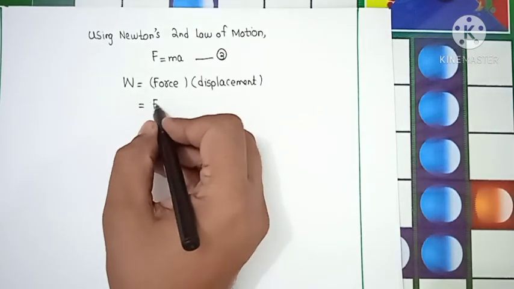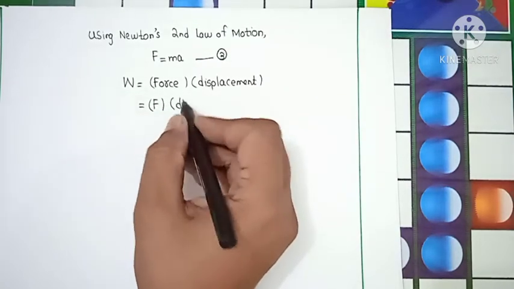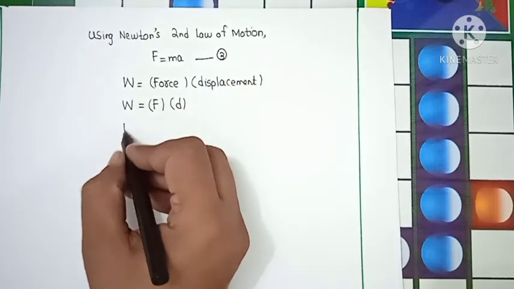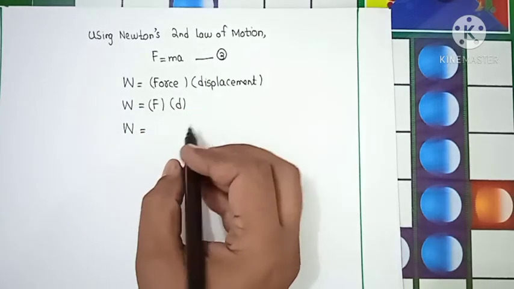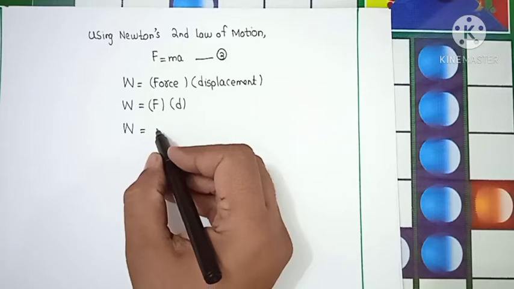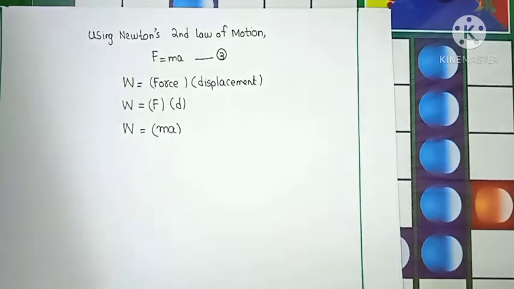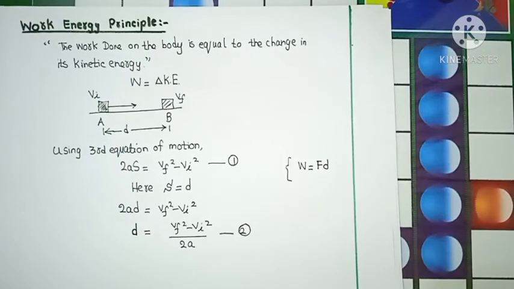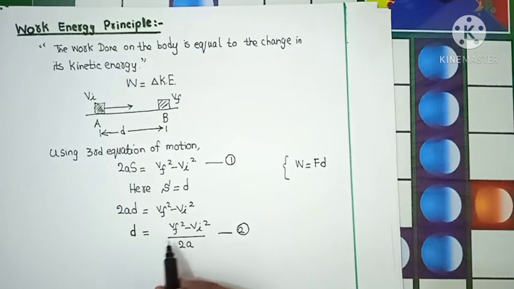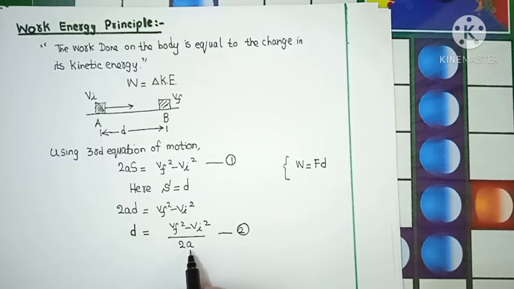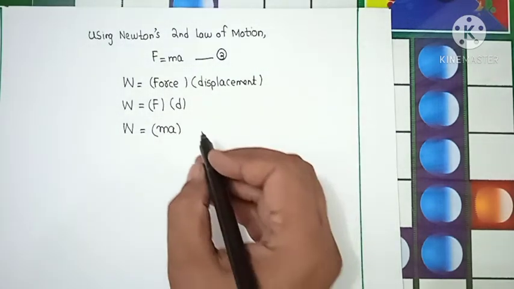Force is represented by F, displacement is represented by D. So work done is equal to F, putting the value of F which is ma, times D. Moving back to the previous page, D is equal to Vf square minus Vi square over 2a. Putting in the above equation,